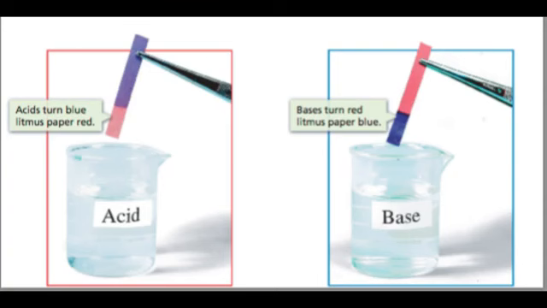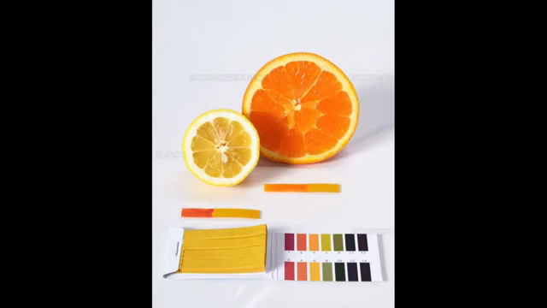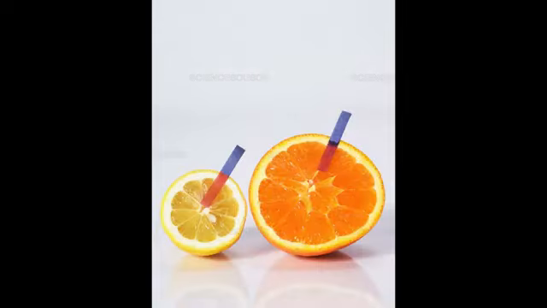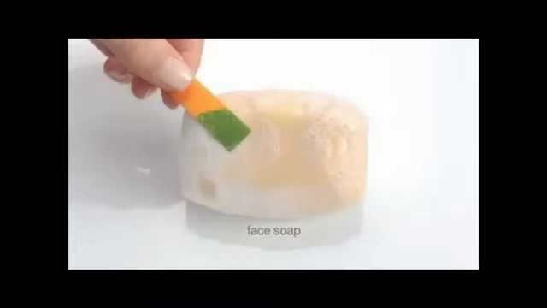Now you may ask why. Now that is because you can see a clear change in color when you dip these litmus papers into the respective acidic or basic solution. That is why when a blue litmus paper is dipped into an acidic solution, we get the change in color as red. And when a red litmus paper is tested in a basic solution, the change in the litmus paper is clearly blue. Now, just like the litmus paper test, there are several other tests that we can do to identify the acid or a base.